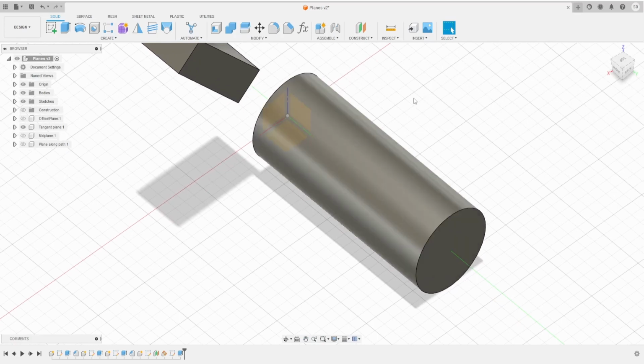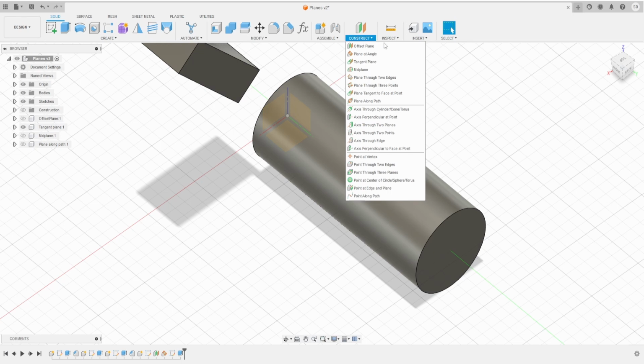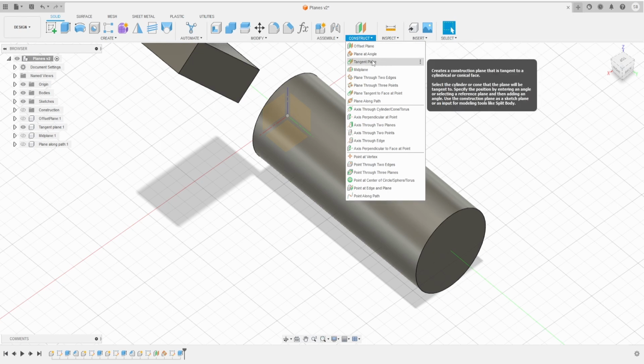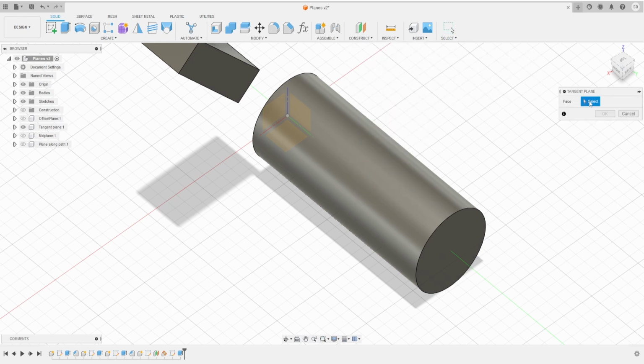Now, the tangent plane, as the name itself says, allows you to create a tangent plane from a circular object. It can be a cone, a cylinder, like in this case, but any round object, and only round objects. Now, to create it, again go to Construct and click on Tangent Plane. Now it will ask us for the face that we want this plane to be tangent to. As you can see, I cannot choose this one, for example, because it isn't round, but I can choose this one right here. So I'll click it,